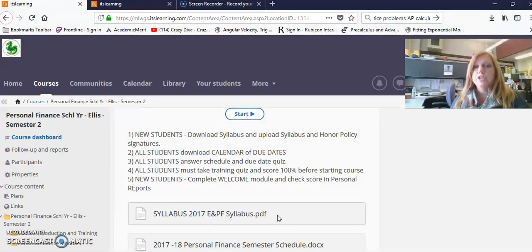There's only one other change that I have made to the course from the fall semester to this semester, and that has to do with the quarter test. There's a new policy that I'm putting into place, which is that with the quarter test, you will have two opportunities to take the quarter test, and I will count the higher of the two grades.